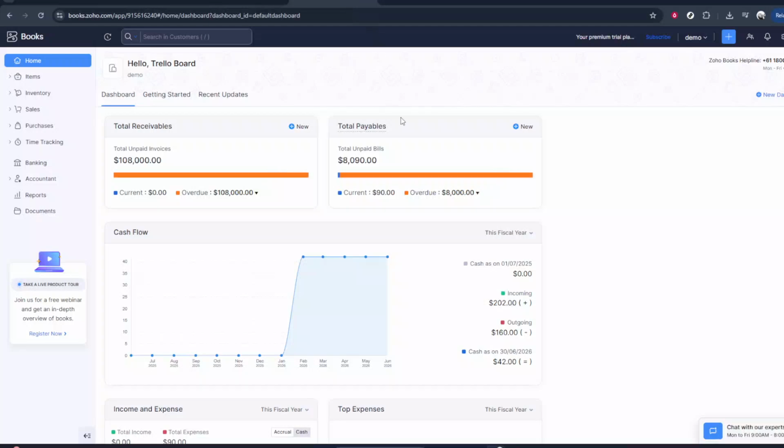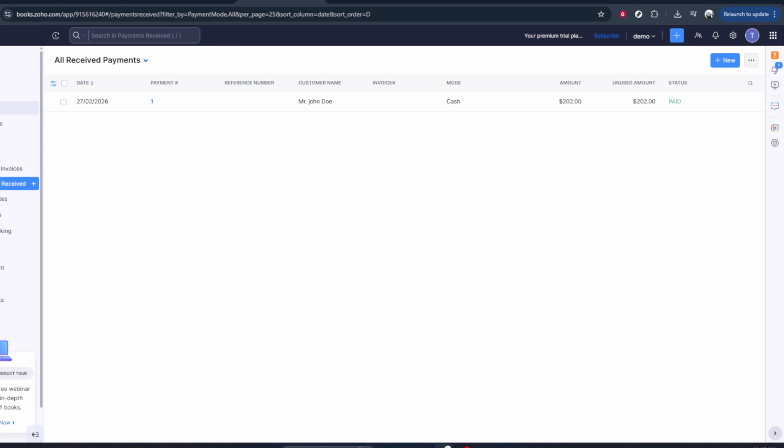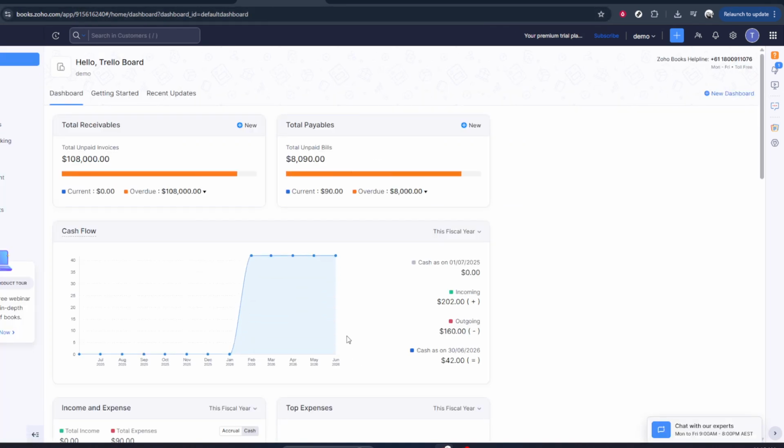In today's video, I'm going to teach you how to show or enable recurring bill in Zoho Books. This is really useful if you have regular, repeated expenses like monthly subscriptions, rent, or utilities, and you want Zoho Books to handle them automatically instead of entering the same bill over and over again. We'll walk through where to find the setting and how to turn it on so you can start using recurring